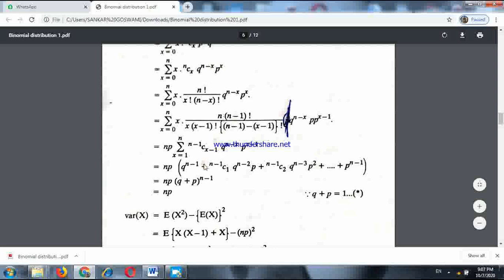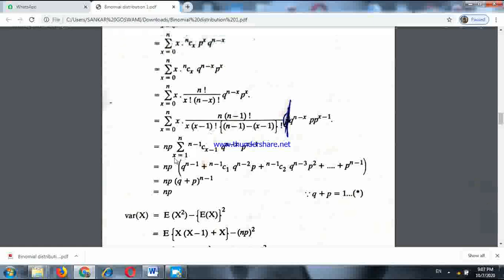And another logic you can find here. You see, if I put x equals 0, then 0 minus 1 factorial, that means minus 1 factorial. That's meaningless. So that's why I put x goes from 1 to n. So now if I expand this term, first I put x equals 1, that means